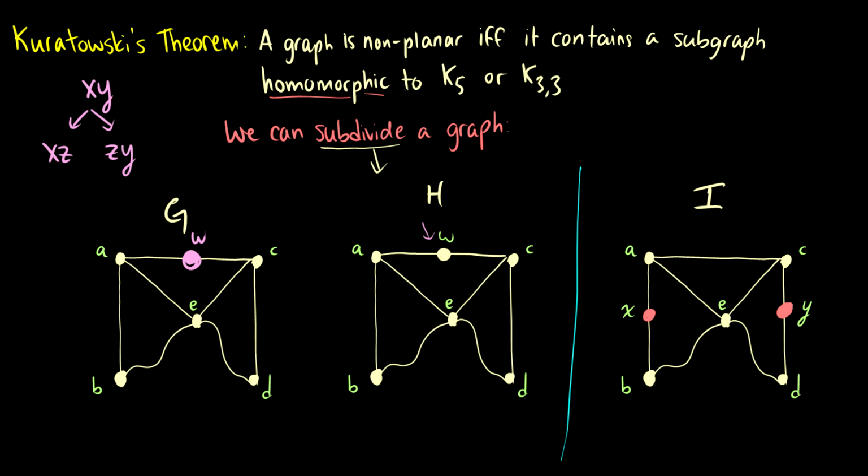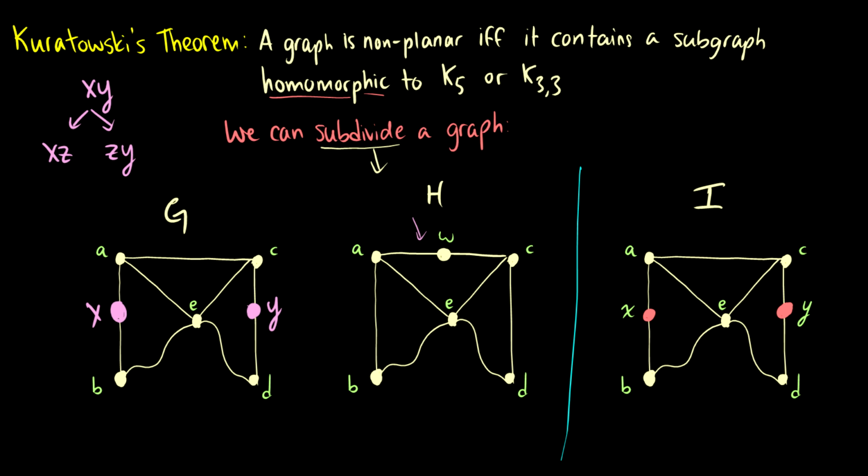Let's take a look at I here. Well, here's the thing. We can't get I from H because H has this W here that, well, we can't subdivide H to get to I. Because we got the W in H, the I does not have the W, it has the X and the Y. But what we can do is we can take a look at our original graph G and say, okay, what we can do is we can put a vertex on the edge between A and B, we'll call that X. We put a vertex on the edge between C and D, so we subdivide CD and put Y,